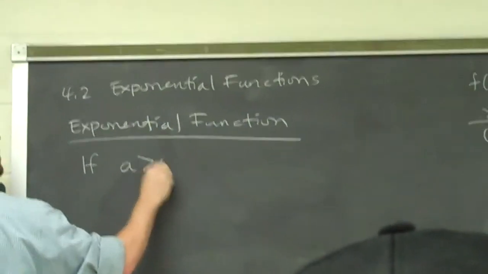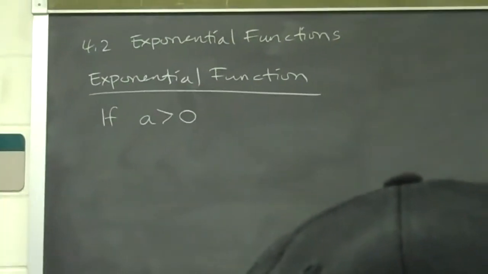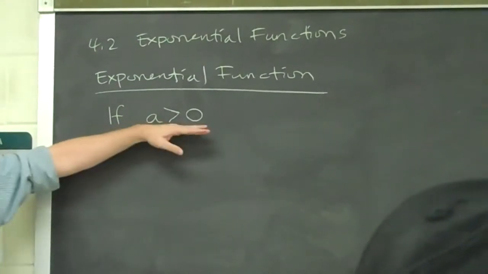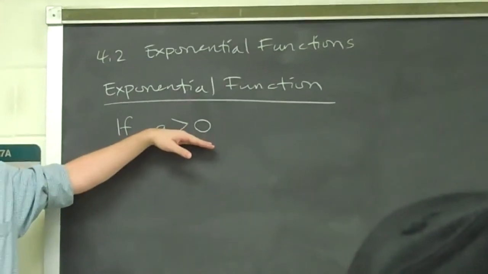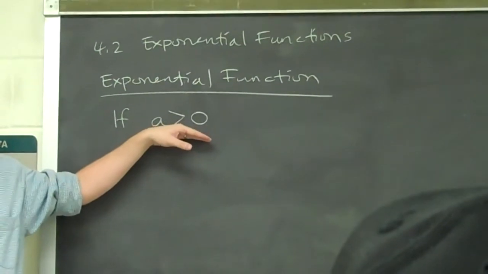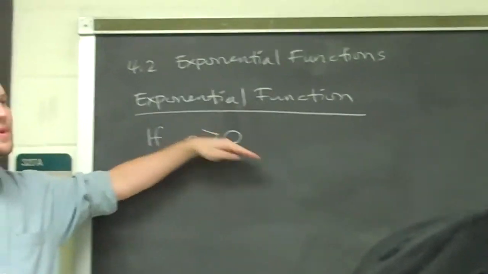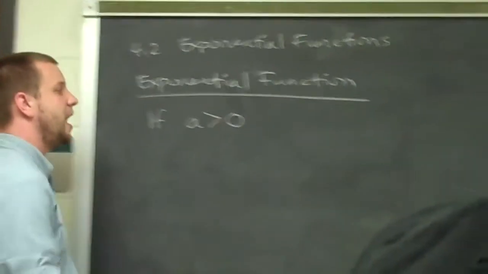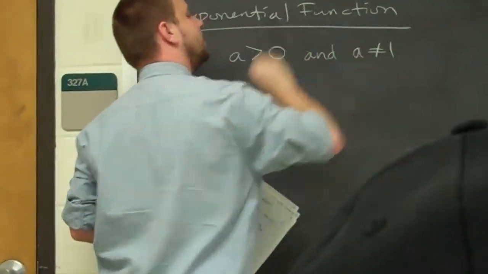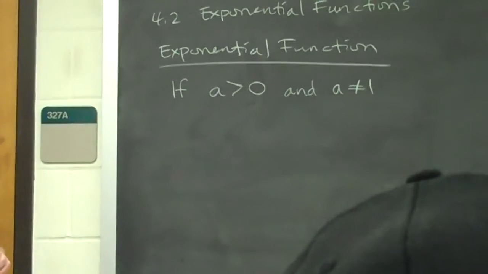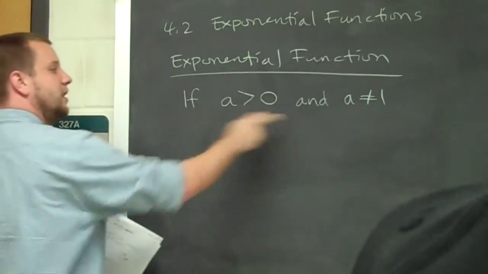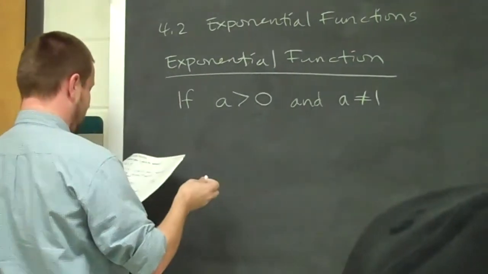If a is some number, an actual bona fide number though. If that number is greater than 0, then what kind of number is it? What kinds of numbers are bigger than 0? Positive. Okay? So if a is a positive number and as long as a does not equal 1. 1's a positive number, it's going to be our one sort of exception. So as long as a is positive and a is not 1,